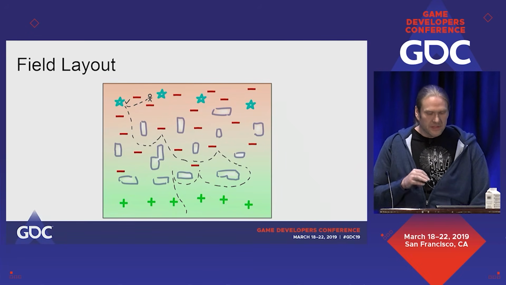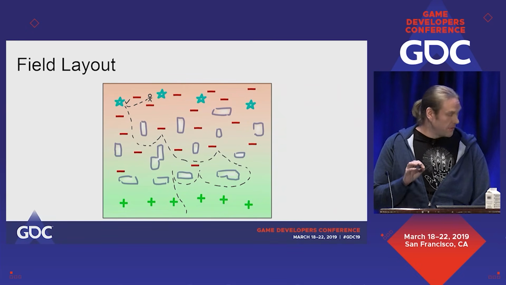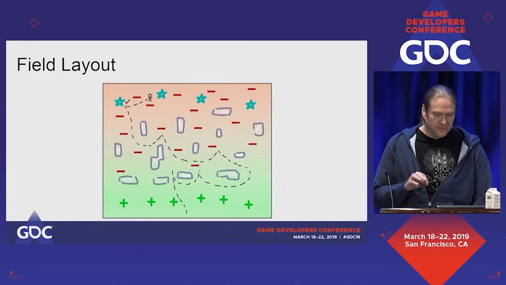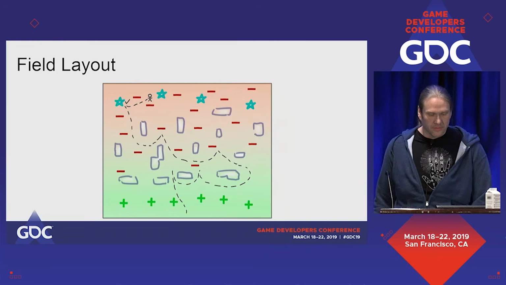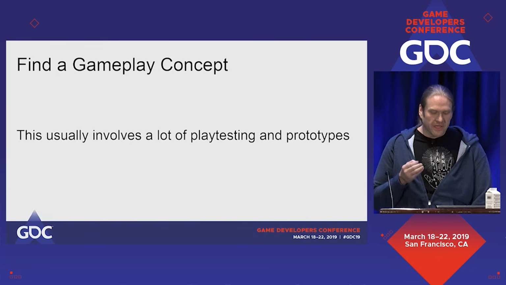Again, the main point here isn't to know what the player will do, but just to make sure that whatever they do, it isn't boring. One thing to note here is that it's also possible to use gameplay systems for the layout rather than building it into the map, and I'll have an example of that using a field layout at the end of the talk. As well as layout, I like to have a clear grasp of how the gameplay is going to be